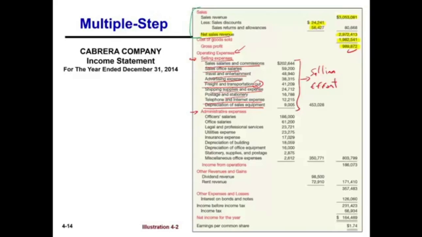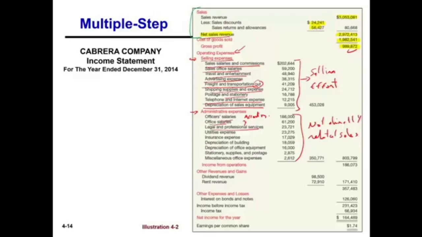Now the company will also have administrative expenses. Those are expenses that are not directly related to sales. So what are they related to? They are related to the overall operation of the company. The officers' salaries, office salaries, legal and professional services. Like professional services is accounting services, and again,